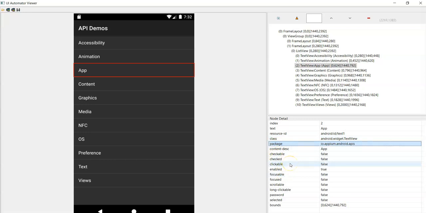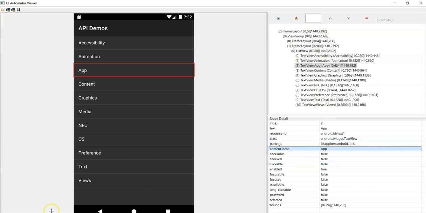Okay, so these are different locators which you need to identify uniquely and get unique locator from this pane. Now generally text, resource ID, class and content desc are the identifiers which we can use mostly to identify mobile elements. If you are still not able to identify the locators with these, or if the developers have not given the values for these attributes, you can go with XPath.